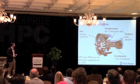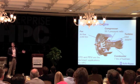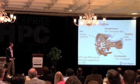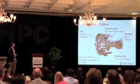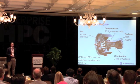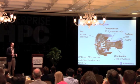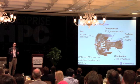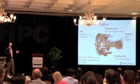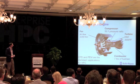So 1,700 degrees Celsius or 3,000 degrees Fahrenheit coming into the turbine, which is above the melting point temperature of the alloys that we're using in the back of that gas turbine engine. So we have quite, I kind of wish I had a chart on this, but there are really very elaborate cooling schemes used to keep those turbines cool. So there are internal cooling passages, there's transpirational cooling, there are lots of small holes on the turbine which bleed out the cooling air and create a blanket of cool air. And then we use some other technologies. There are ceramic coatings and other things to keep those parts